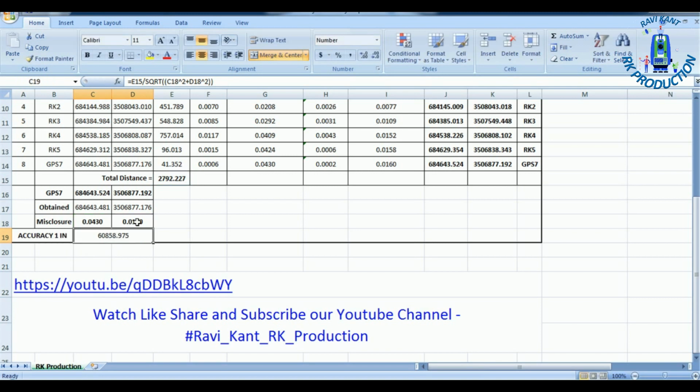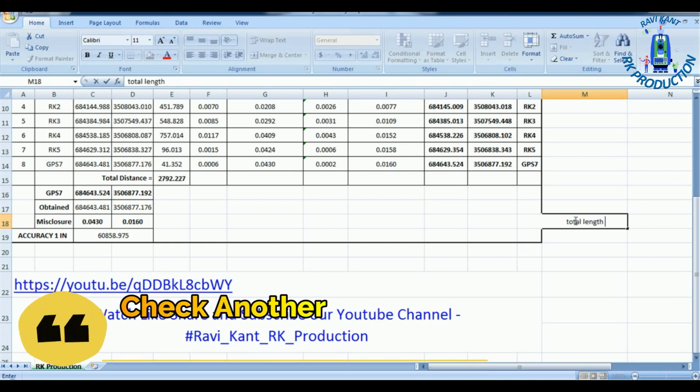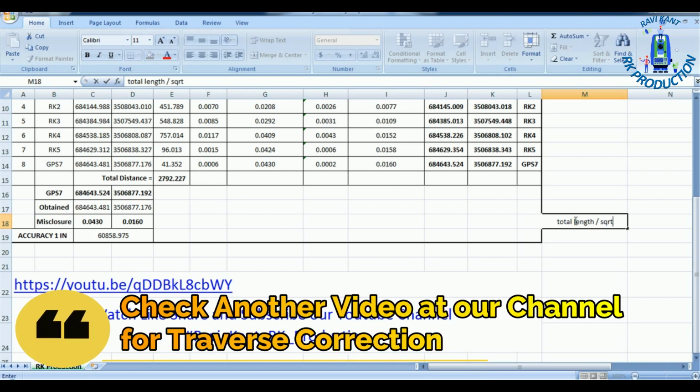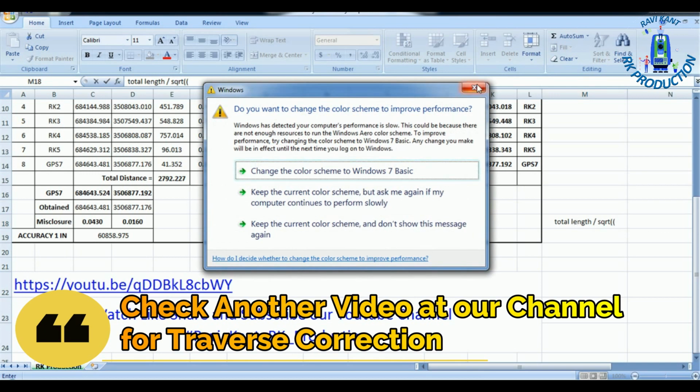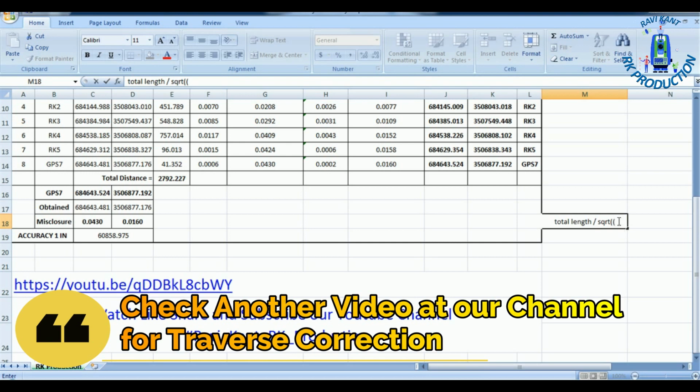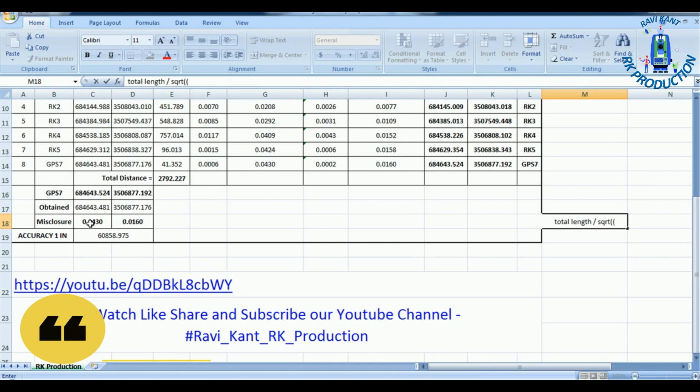If I type it, the formula should be total length divided by, I am typing here SQRT, which means square root, square root of double brackets, and I am mentioning here delta E, which means the closing error in easting, or misclosure in easting, squared, plus delta N squared, bracket close and enter.